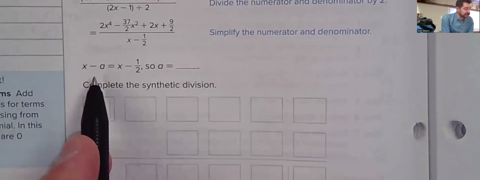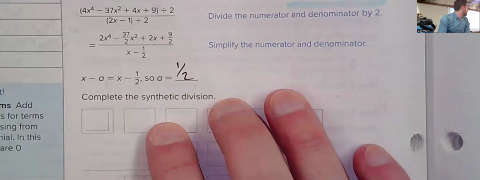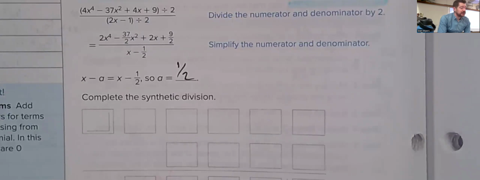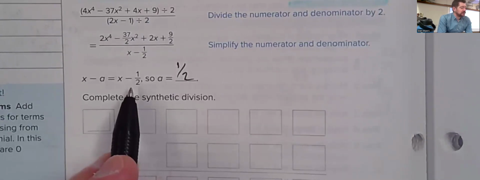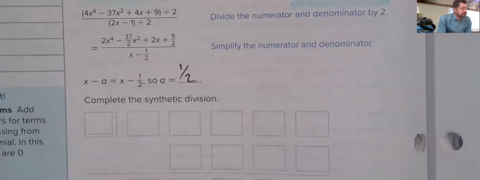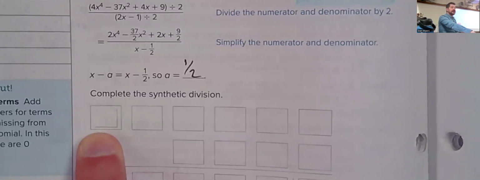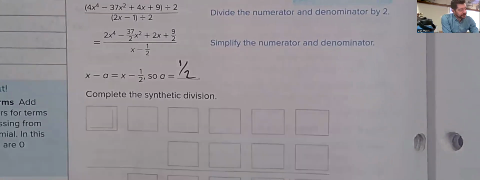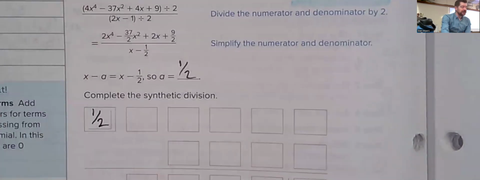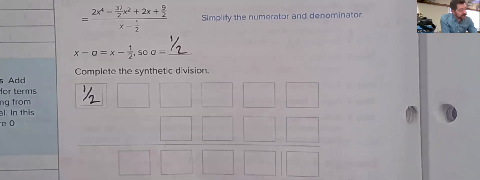So x minus a equals negative 1 half. Therefore, the value of a that we're looking for is 1 half, because we're always going with whatever makes that equal to 0. Or just take the opposite value of whatever's with our variable. All right. So in our little box here, what number goes there? In the upper left box. 1 half. Yep. Then we're going to go ahead with the coefficients for the dividend, starting with 2, followed by